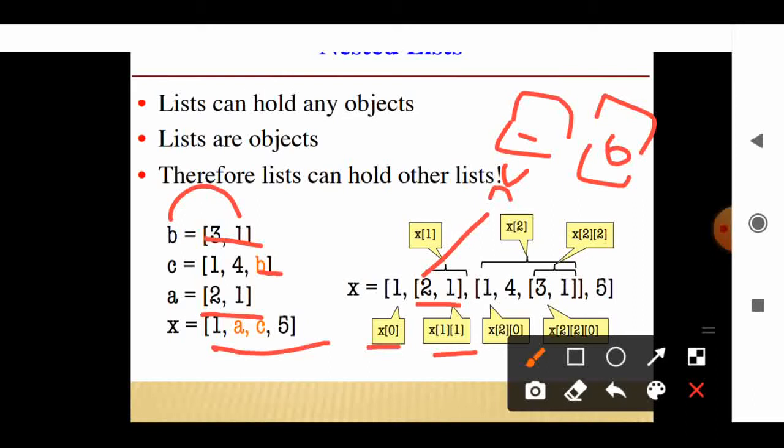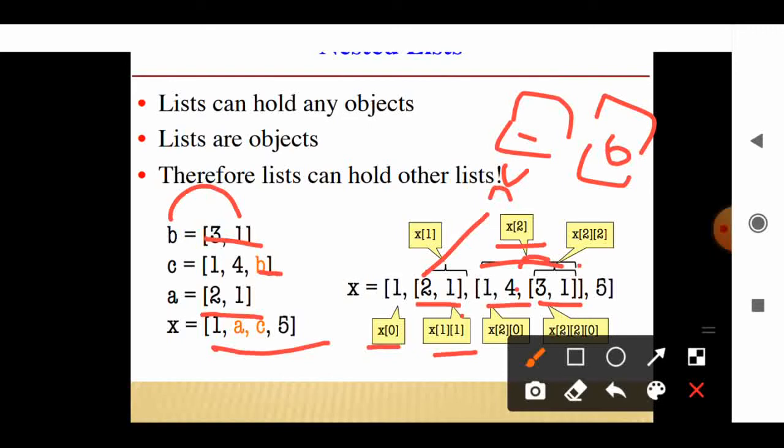The next list is a, a list we have added here. The next one is what? c. What is its value? [1, 4]. Next, the b list. What is its value? [3, 1]. A list inside the list. If you want this whole list, it is x[2].